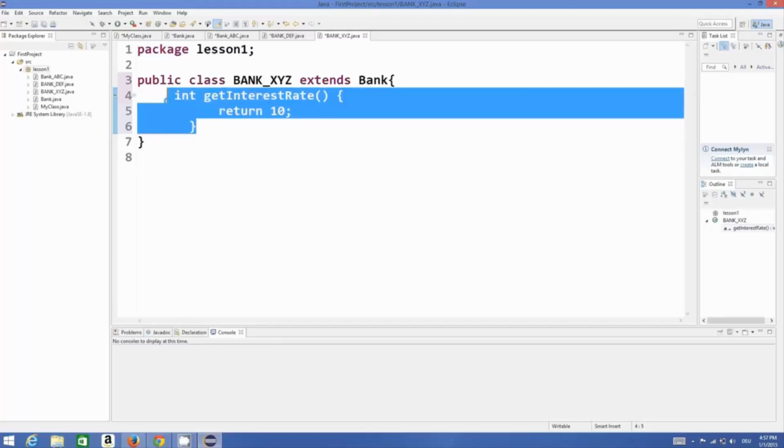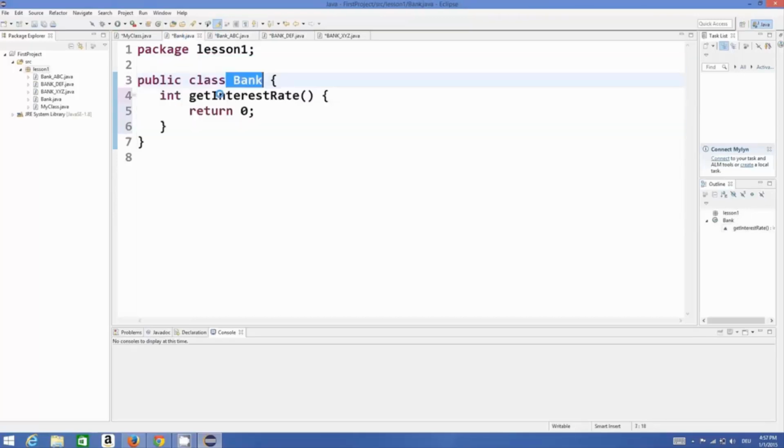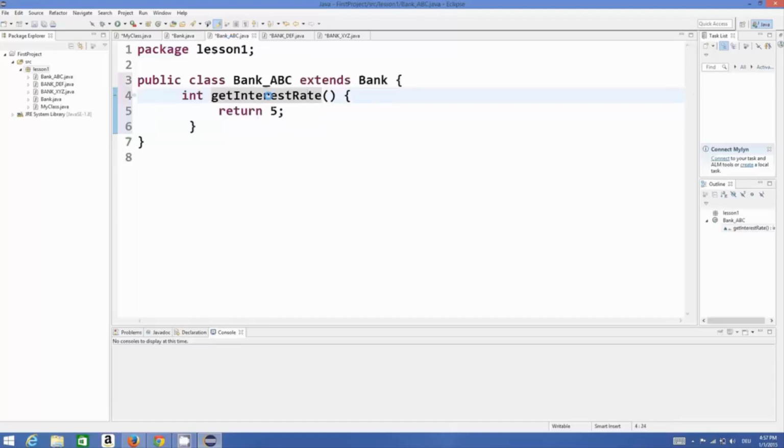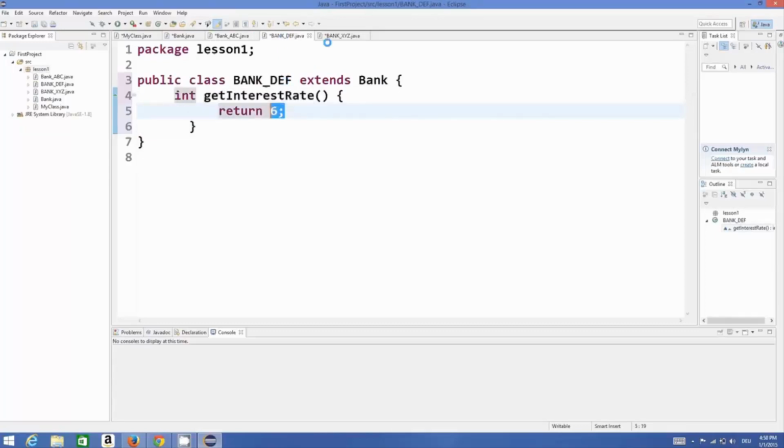So I have the same method in all the 4 classes, get interest rate, and the only difference between these functions is the rate of interest. Bank itself has 0, bank ABC has 5% interest rate, bank DEF has 6%,